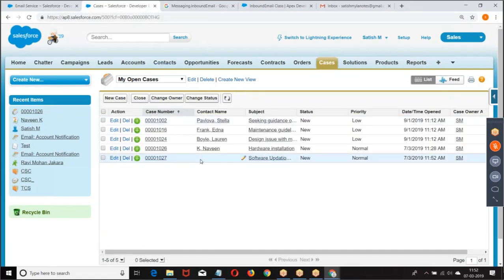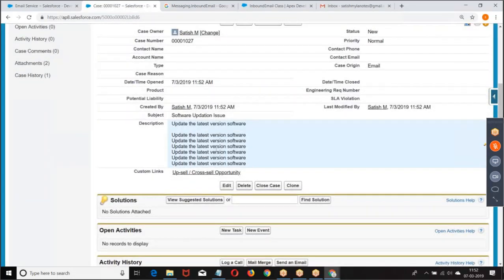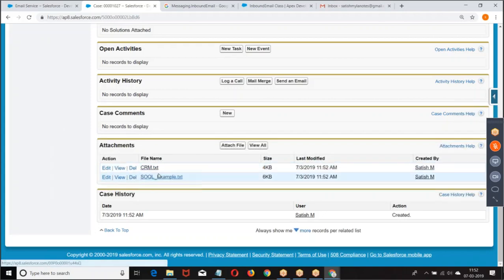Now we received it. Because I have not given a contact, it's blank there. Now, this is what we received. Then the files, CRM tower text, SQL exam. Whatever files I attached there were attached to the case. Was that clear for everyone? So the email you sent is attached to the case. I hope you are good.